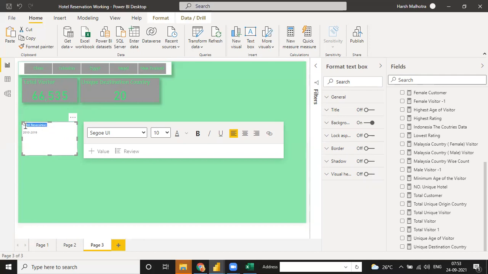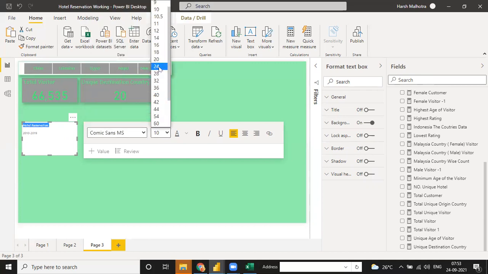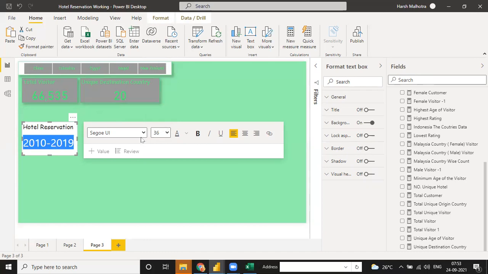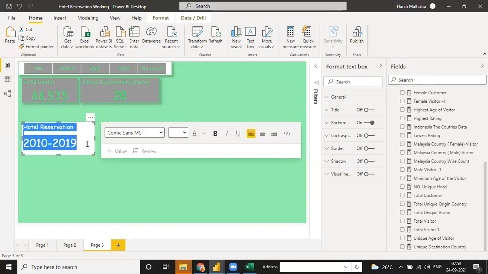Doing the format of the function like right now using this one, size is 20, and for this 40, maybe 36. To this and change the color.